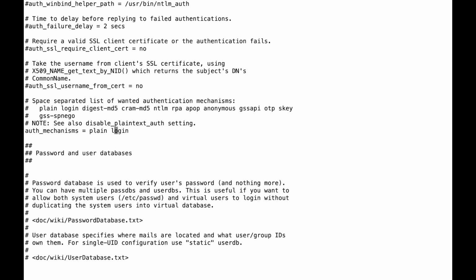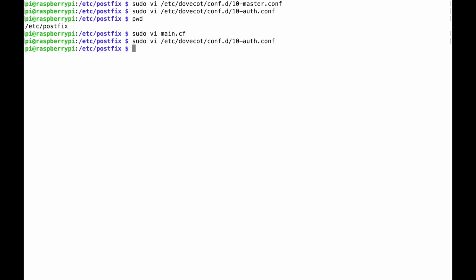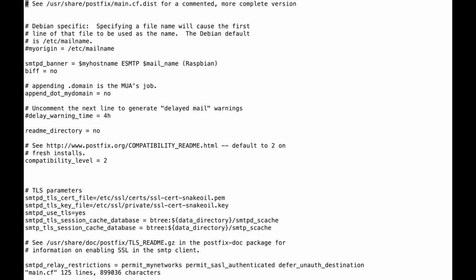Now we are in the 10-auth.conf under dovecot.conf.d. This is the file we were just in before, and you want to do that as well to allow plain text login. Now let's jump to the main.cf. In the main.cf, we are going to look for SASL types. We have to add them, so down at the bottom,